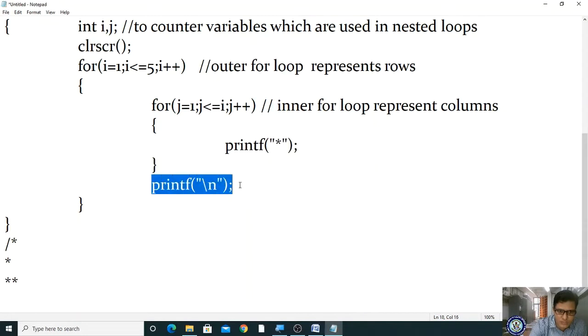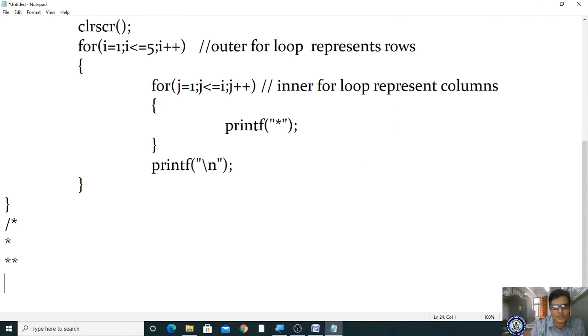Next, what statement exists? Here the control exits like this. It will move to the printf statement, meaning it will come to here. Okay, whenever the control comes here, afterwards where will it go? It will go for the i incrementation. So already in i it is 2. 2 plus plus means 3. Whenever control goes here, the inner for loop becomes the first initialized value. What is the first initialized value? It is 1. Okay, now 2 plus plus means 3, right? Now the new value of i is 3.